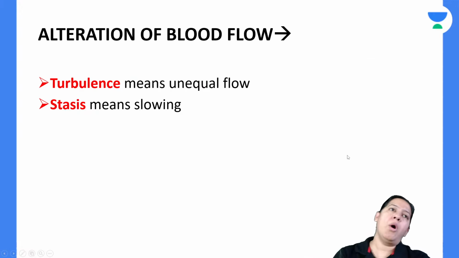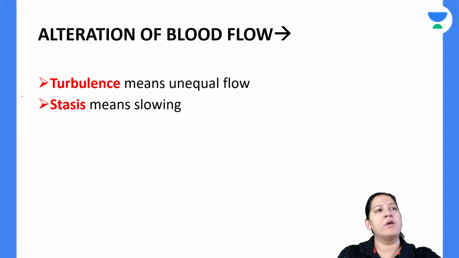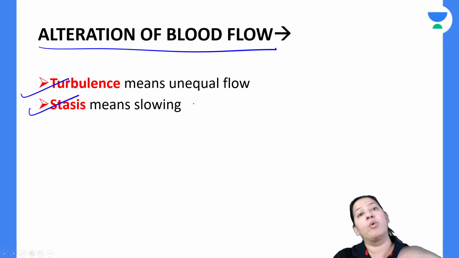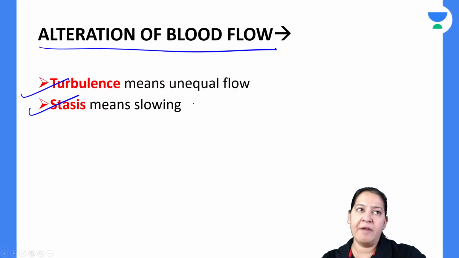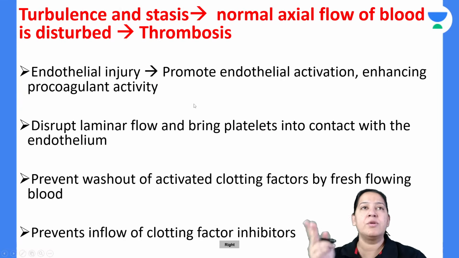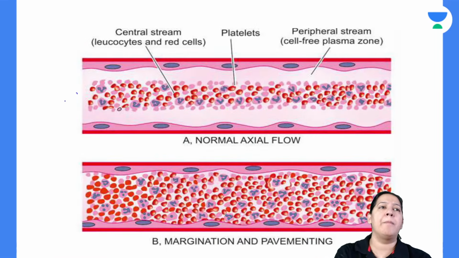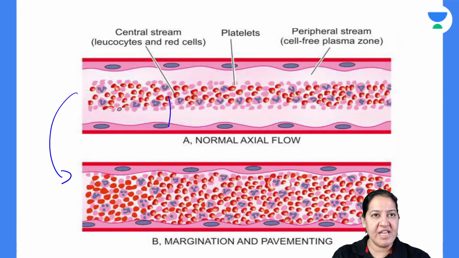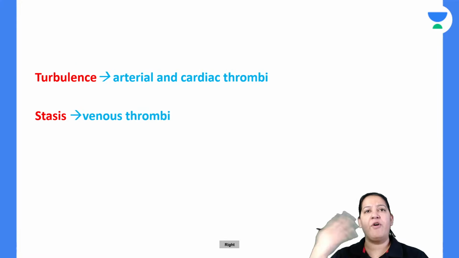Have you got it? Now, either turbulence or stasis. These are the two reasons for altered blood flow. If altered blood flow takes place in the human body, it means either turbulence or stasis, one of the two. So what will happen because of stasis? Now compare the two diagrams. Due to gravity, everything is falling, and platelets are coming in direct contact with the endothelium. Can you see? And they will form a clot here.